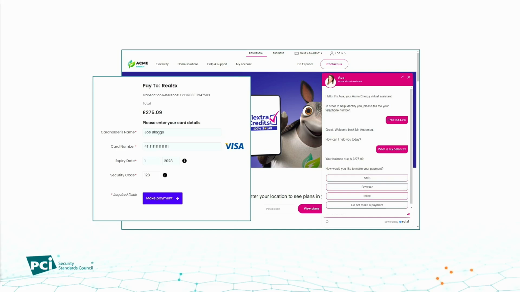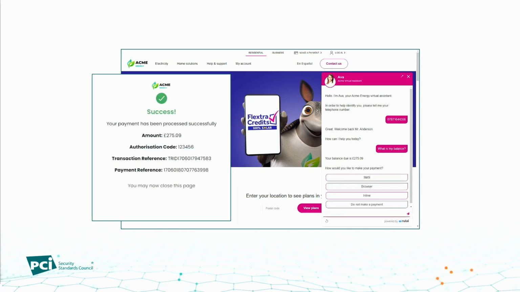That page is served from Sycurio's secure web servers direct to the end customer. It is not touching the website, Acme Energy, and it's not touching the AI bot. So now the experience is between Sycurio, a PCI DSS level 1 service provider able to handle that card data, and the end customer. They're going to go ahead and enter their card details and click submit. The other thing Sycurio are here to do is a real-time transaction as well. So we're actually going to do the transaction, and that might be against whoever the payment gateway is that the merchant's using already. We wouldn't expect them to change it.